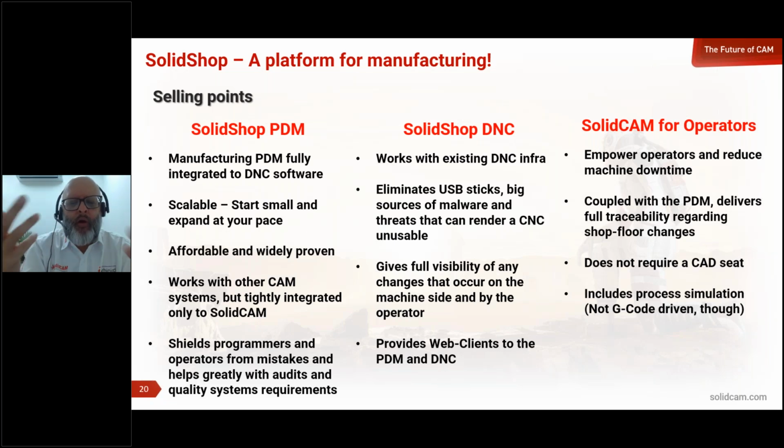Someone could install malware and hack the network of the whole company because a USB stick was inserted on the CNC that's connected to the network, that's connected to the server. And so you could have finance and all that engineering and everyone down.